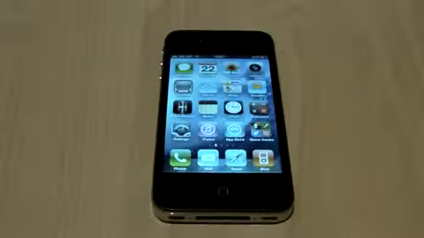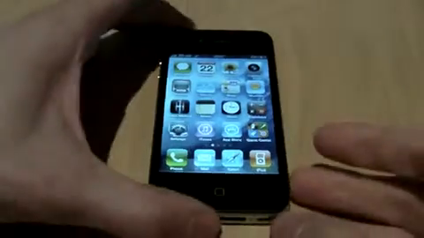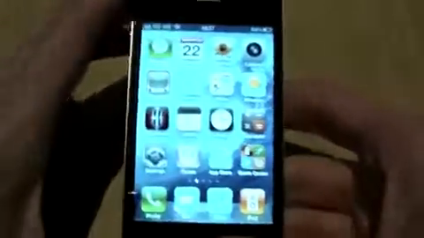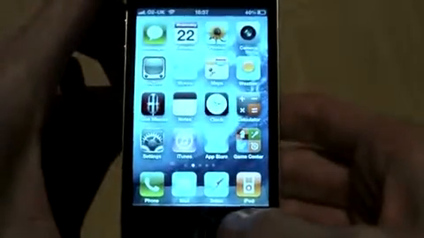So the first tip is how to scroll to the top of the page fast. Now this can be used in the iPod, Safari, in an email, in Notes, pretty much any app where you would scroll to the bottom of a document or a web page, anything like that, and you need to get back to the top. So to give you a demonstration, if I go into Safari here,